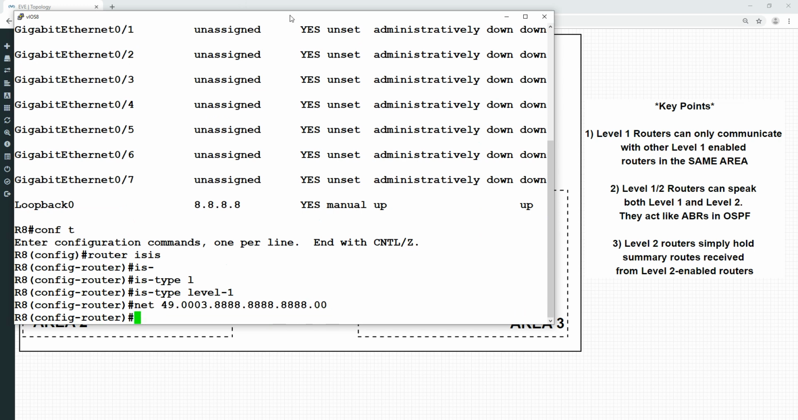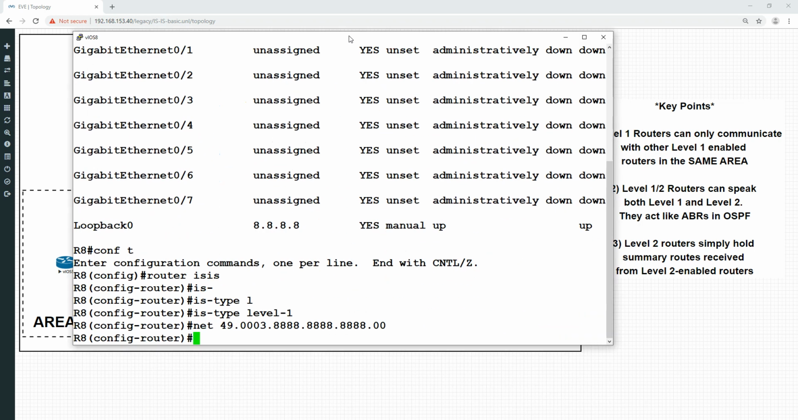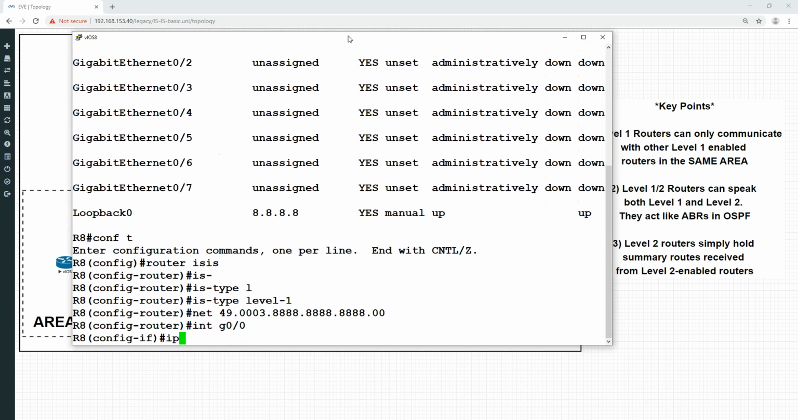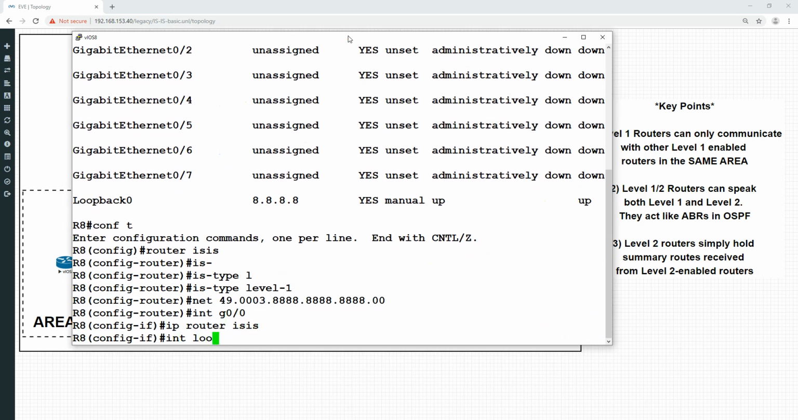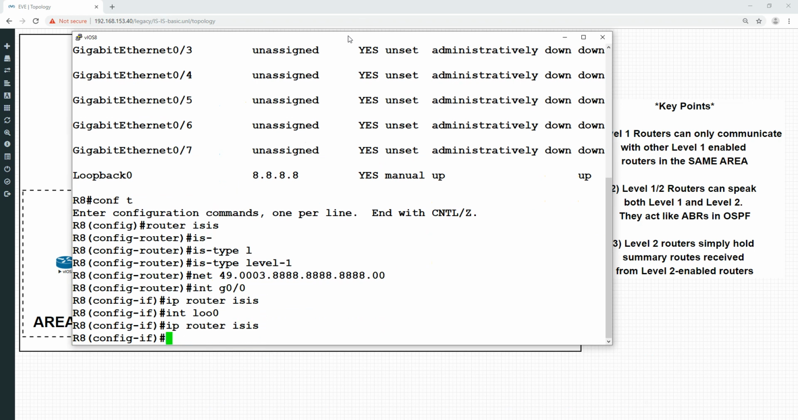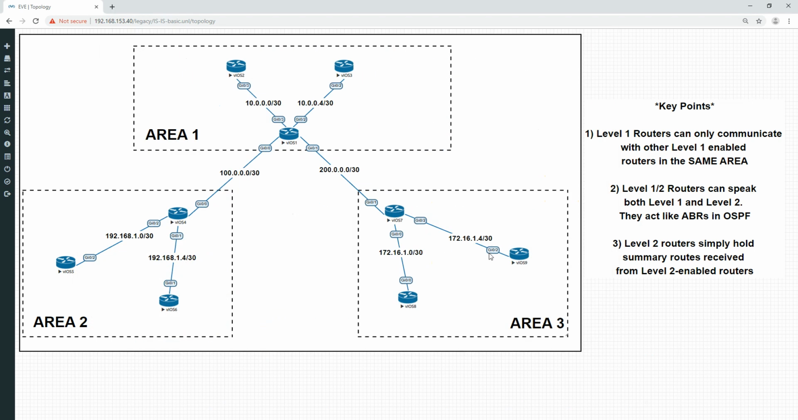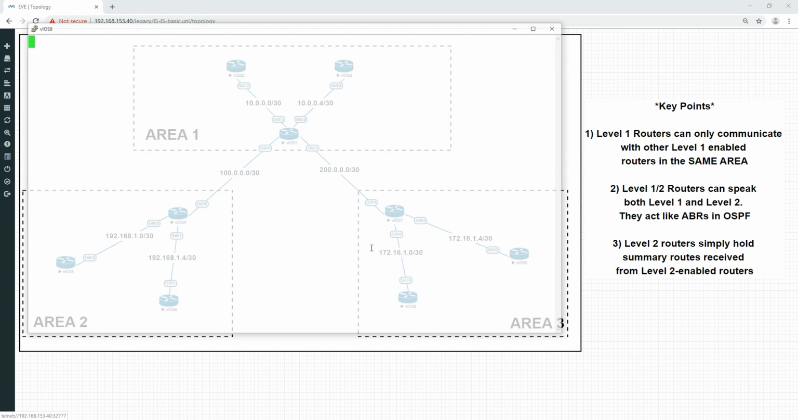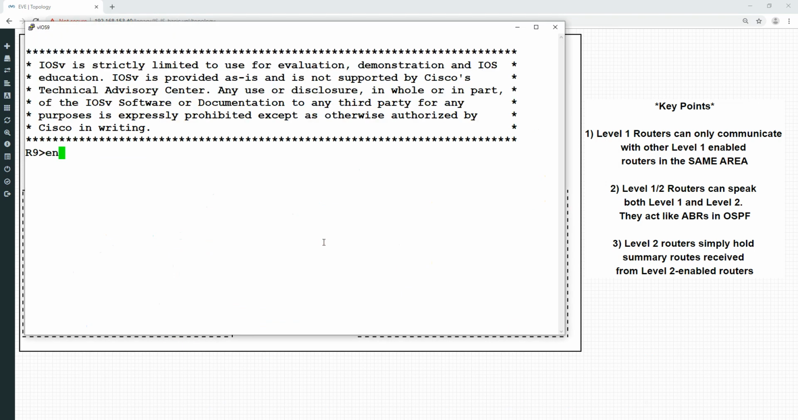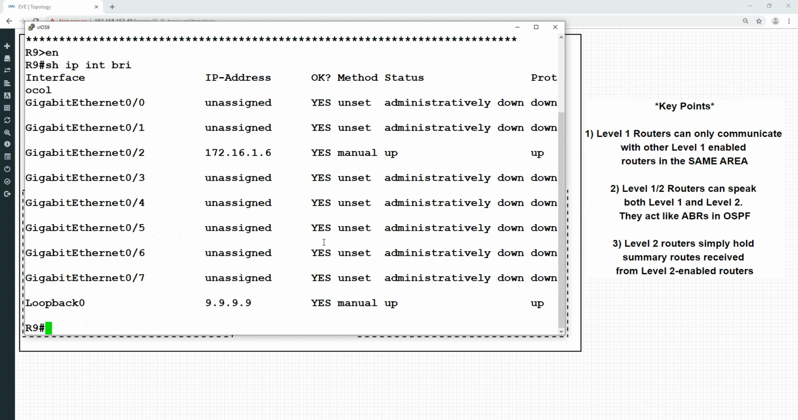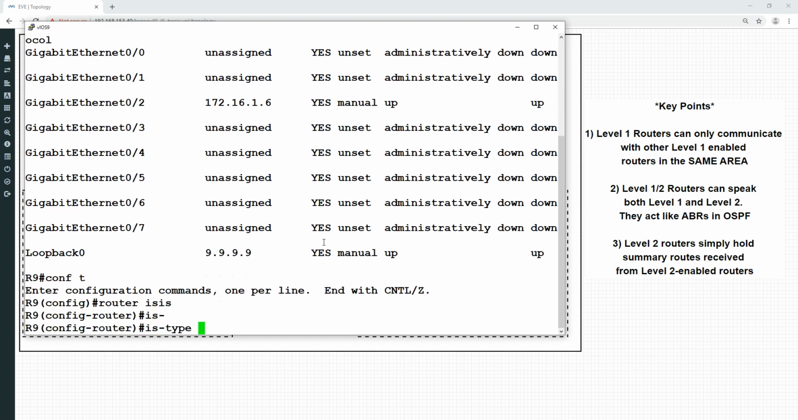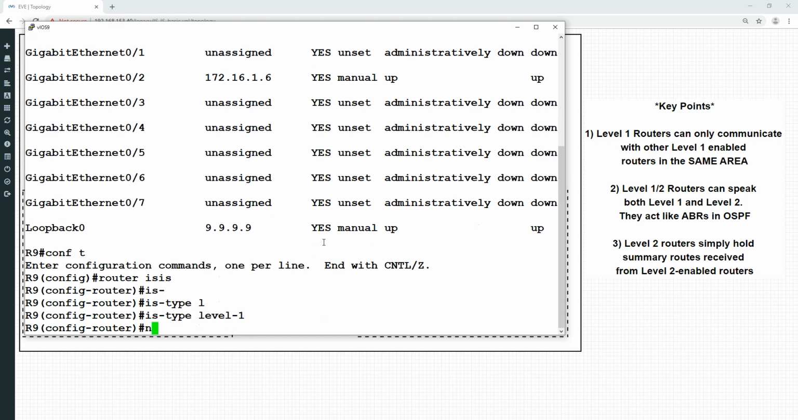And the interface configured is going to be gigabit 0/0 in this case. IP router ISIS, int loop 0, IP router ISIS, that's that configured. And now we'll do router 9, the last one. Make sure it's got its loopback configured. Yep. So conf t, router ISIS, IS type level 1, net